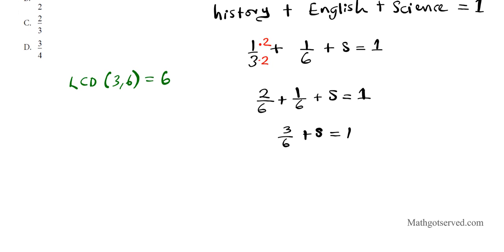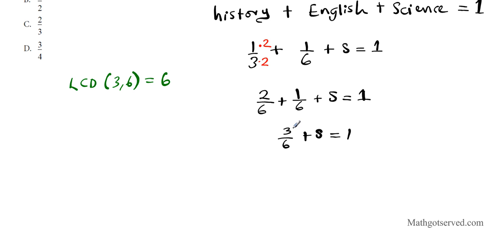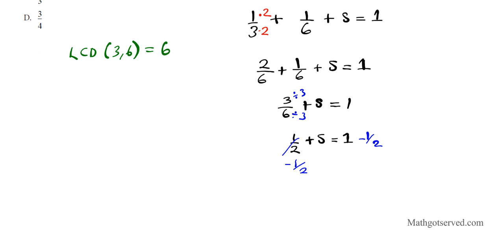I can reduce 3/6, right, as a reducible fraction. If I divide the top by 3 and divide the bottom by 3, I'm going to have 1 over 2 plus S equals 1. Okay, so you can see what the answer is. You can see that the answer is 1/2, right? But let's work it out. So I'll subtract 1/2 from both sides. So isolate S. Subtract 1/2, subtract 1/2. On the left side, the halves cancel out to 0. So we have S